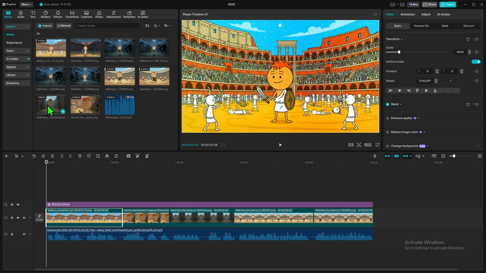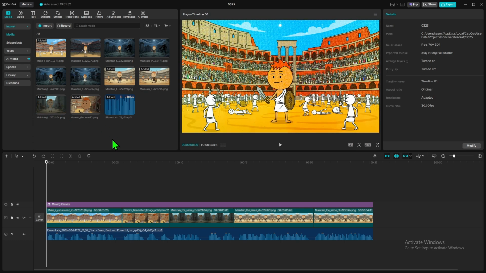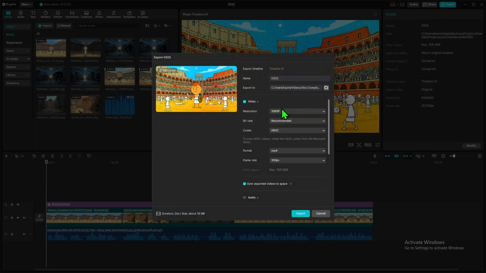When you are happy with the audio, preview the full video from the beginning. Make sure the voice is clear and the sound feels natural. Finally, tap Export in the top right corner, choose your preferred video quality, and save the finished video to your